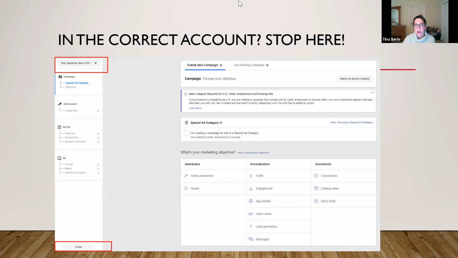I'm going to pause, take a breath, and make sure nobody is lost here. So make sure you're in guided creation, not quick creation. All good? Wonderful.